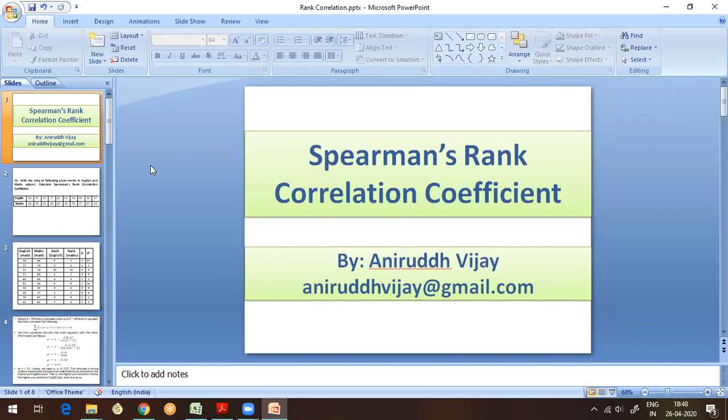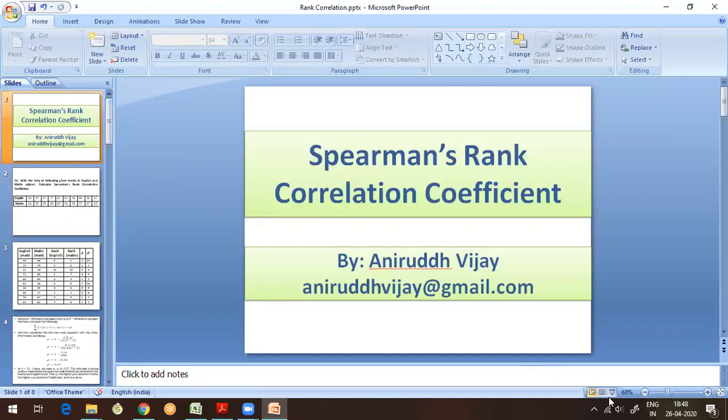Ordinal data means the data where we have asked the various respondents the ranks of given items. When we get some data in the form of ranks, or we want to rank the collected data, and based on that collected data we want to analyze the relationship between the variables, then we use this Spearman's rank correlation coefficient.